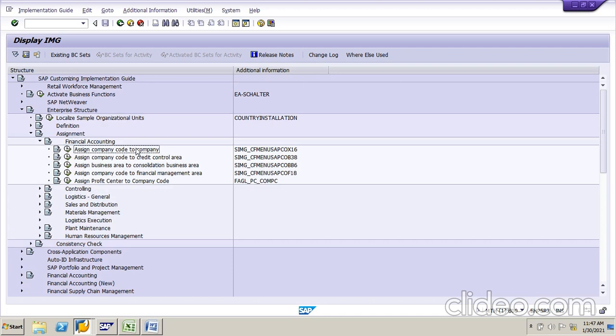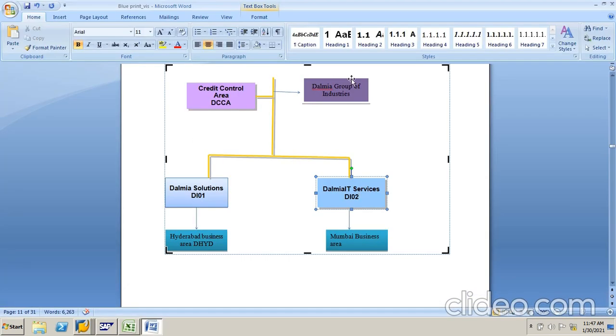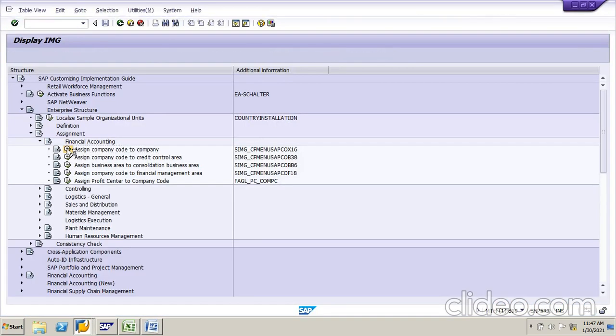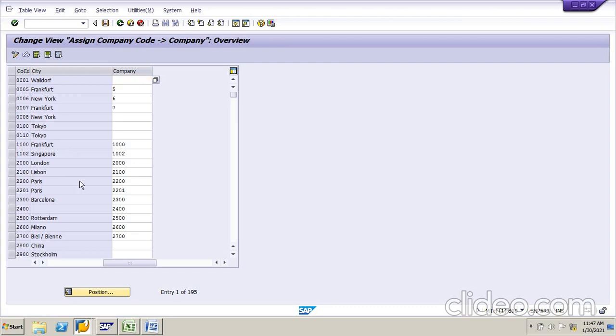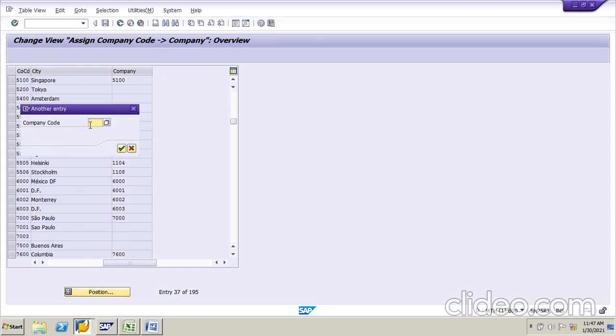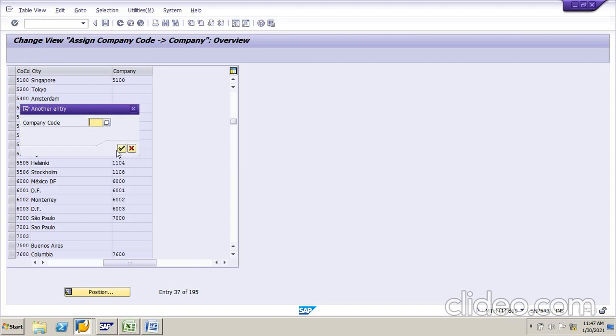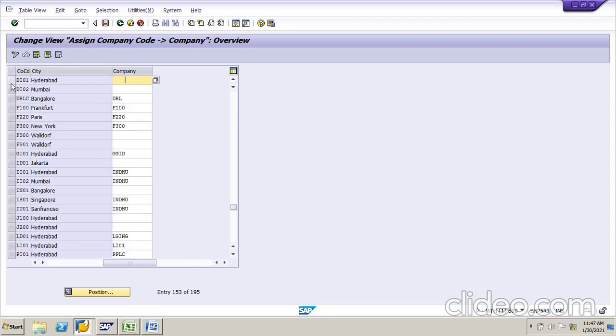First one, company code to company means this one, company code company. Just click here. Here click on position, company code, search your company. What is your company code? DI01.